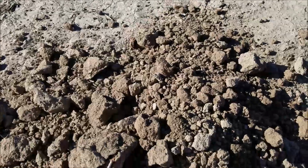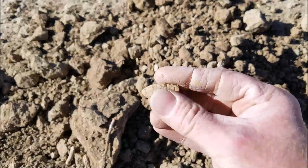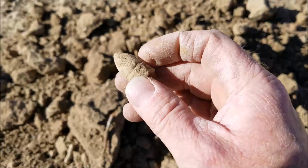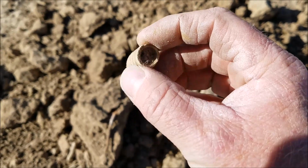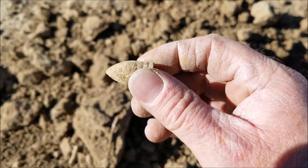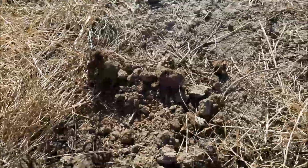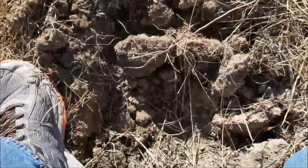And this one's actually a dropped 54. I've been finding 69s, but that one's a 54. That's neat. I think I'll have to cover this area with the GPX and see what I can find. Getting a 17, 18 out of this hole that was probably about 6 inches deep,